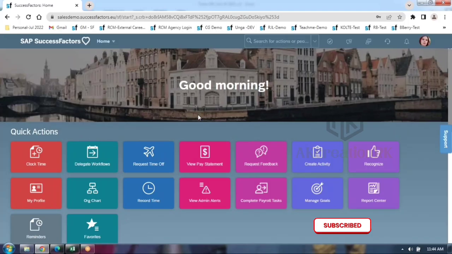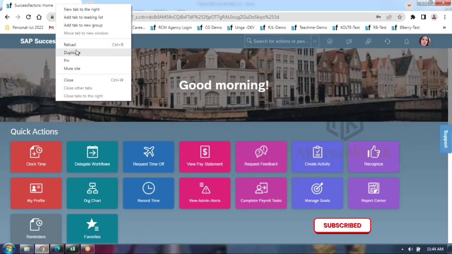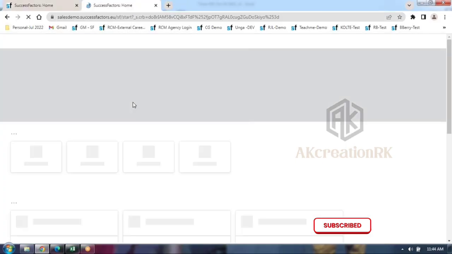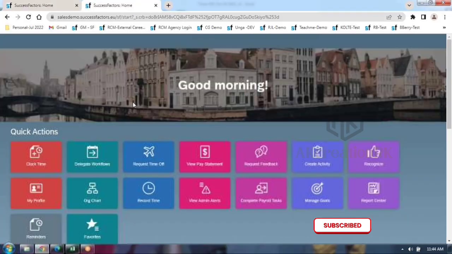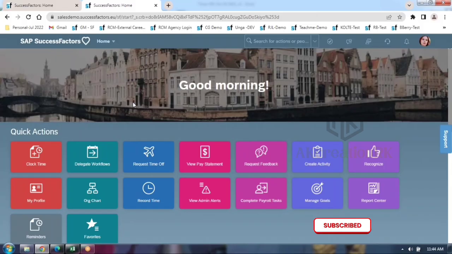Guys, right now we are in the demo system. Definitely you may feel, why do we need to activate? Sir, everything is available. Yes, I agree with you, guys, because right now we are in the demo system. But when you go to your customer's live instance system, for example, you are tagged to customer X's project, you know the time management end-to-end configuration along with your EC. For example, your manager may ask you to take care of that responsibility.